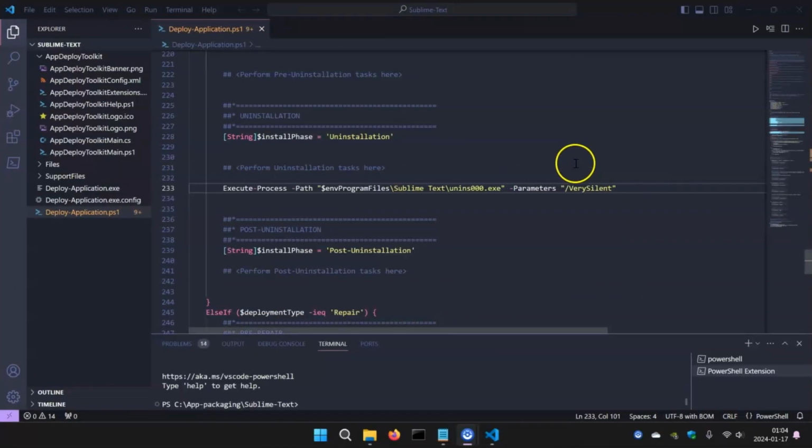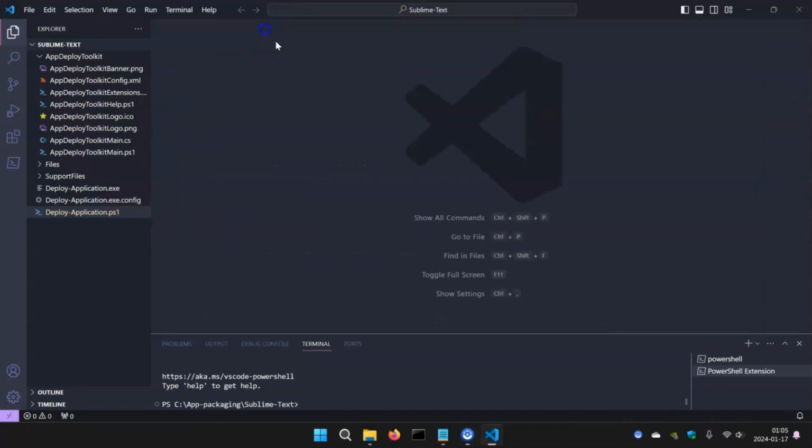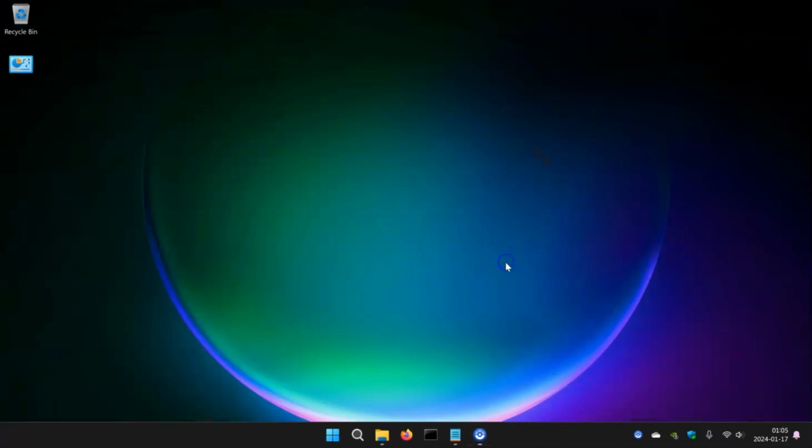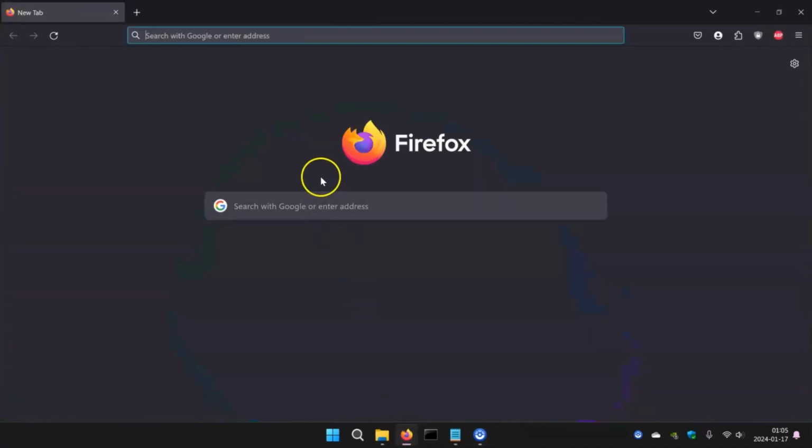Okay, we have figured out how to show a prompt to our end users during the installation, how to silently run the installation in the background, and even how to uninstall the application in case the user decides to do that. We can go ahead and close Visual Studio Code. Now, when we install some application via Company Portal, by default, it runs in the system context. So in order for us to bring that prompt that we saw and set up earlier, we have to use